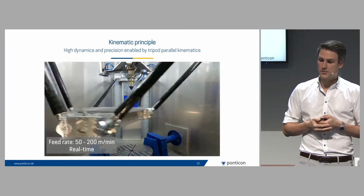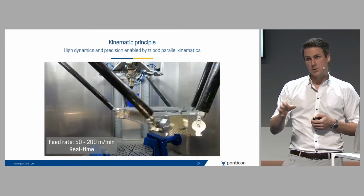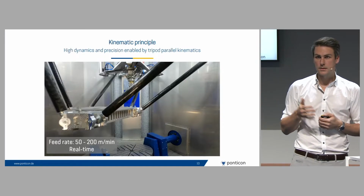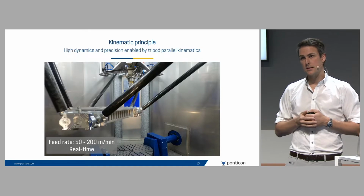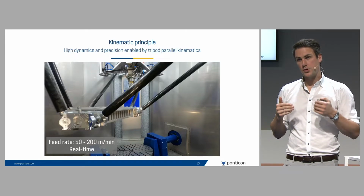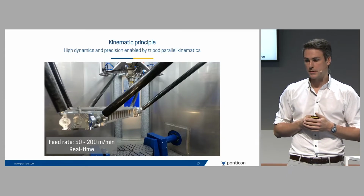So now we're getting close to the 200 meters per minute. In this setup, the optical system, the processing head is stationary, which is not a very typical approach, but it really helps to get to the high speeds and have the high dynamics. You can see a turn-tilt axis on the bottom of the machine, so if we have more complex parts to additively manufacture or to coat, we can change the setup within 2 minutes and then do processing of more complex